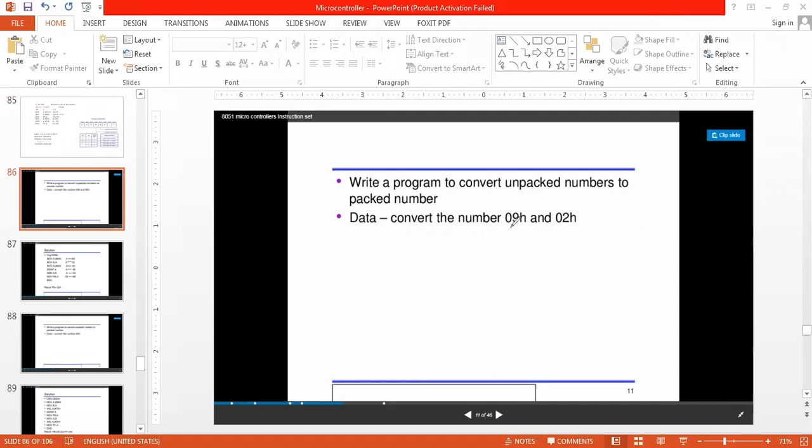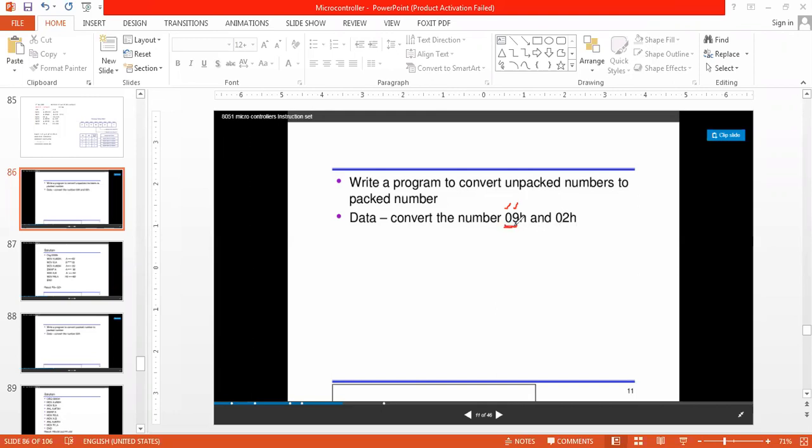Whenever there is a single digit and the upper digit is 0, that number is called an unpacked number. It is not completely packed. That is why it is called an unpacked number.